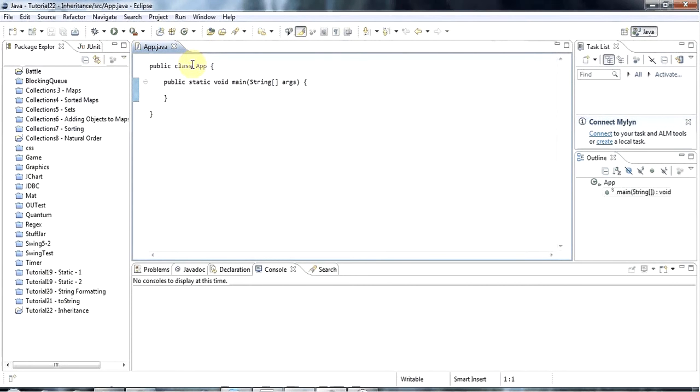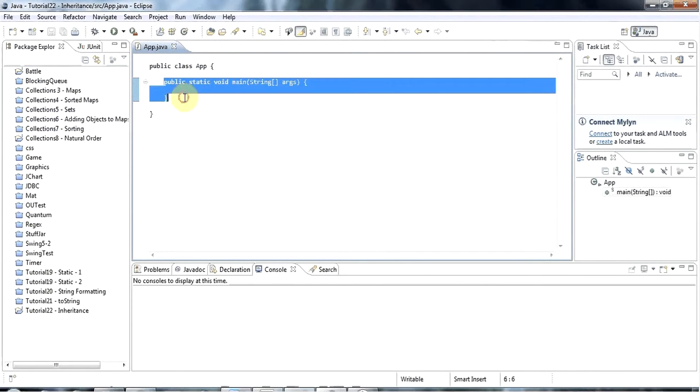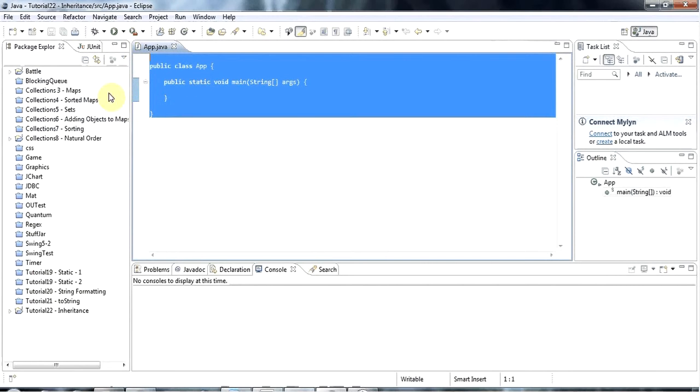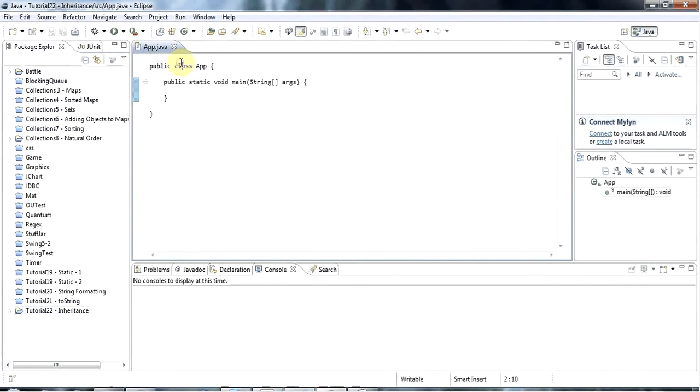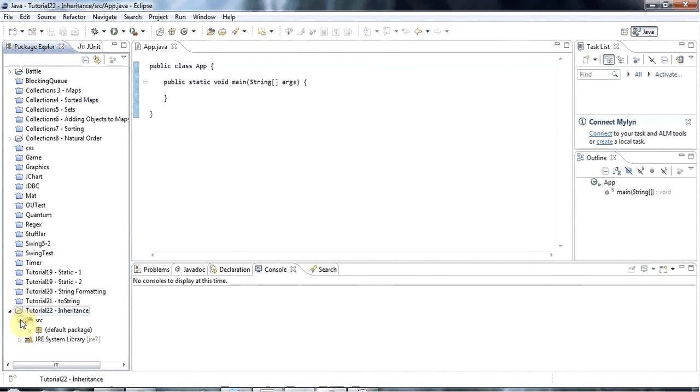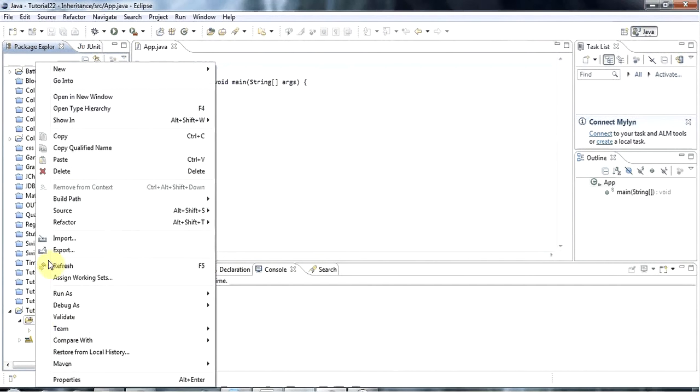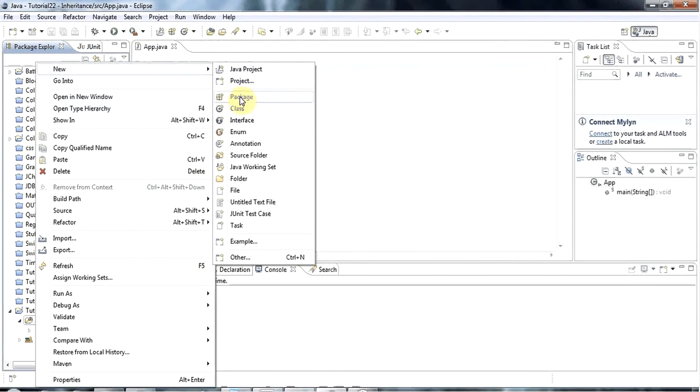Okay, so let's create a new class here. I've got my main method set up in this class in Eclipse, and so far in these tutorials I've been creating classes in the same file, but I'm going to switch now to creating classes in separate files, which is what you will do most of the time in your programs. I'm just creating everything in the default package here, and we haven't covered packages yet. So I'm going to right click the source folder or the project folder, it doesn't matter, and go